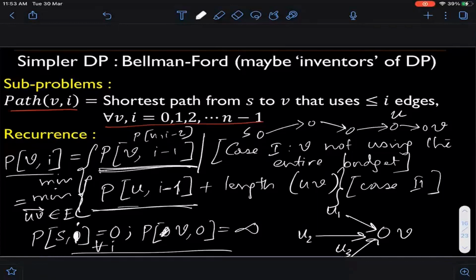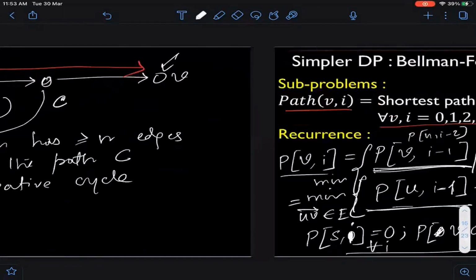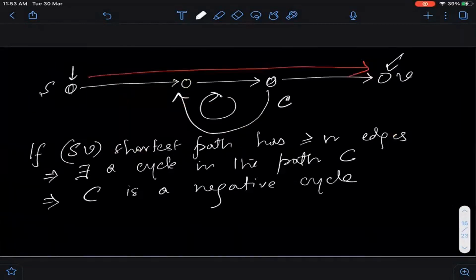Upper bound mod E? No, Rishi, upper bound is not mod E. Upper bound is mod V minus 1. That's what you want me to repeat, right? So Rishi, the upper bound for I is V minus 1, not E. Oh, you mean the upper bound is mod of E? Okay, because if you take any path, the reason is similar. Actually, I should not have said that so casually.